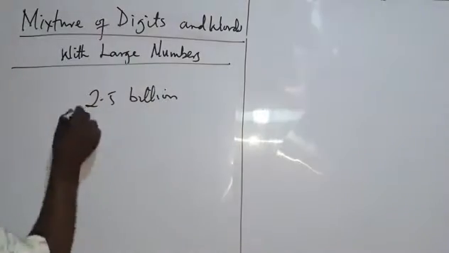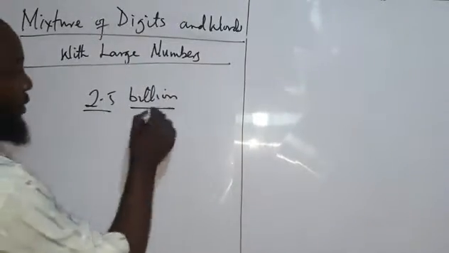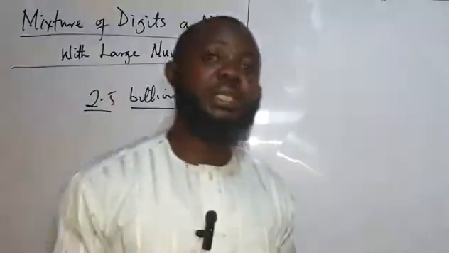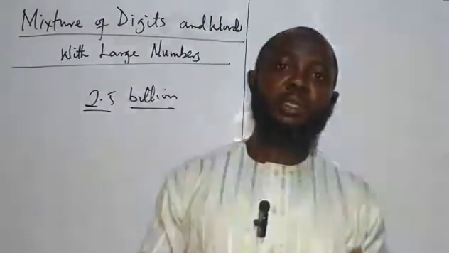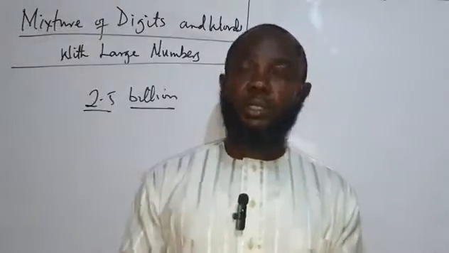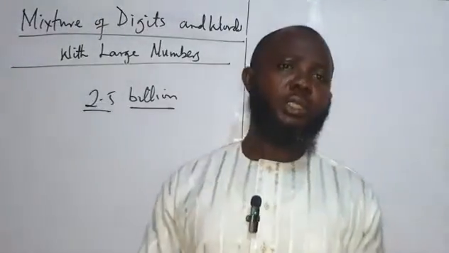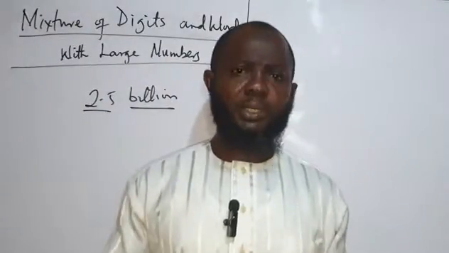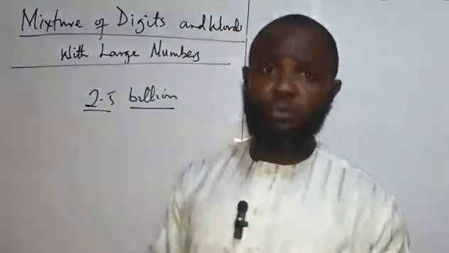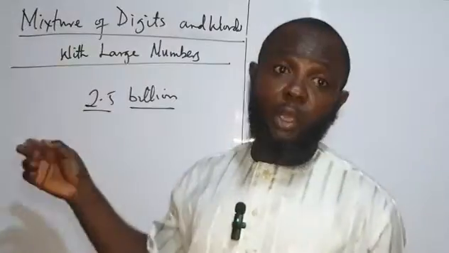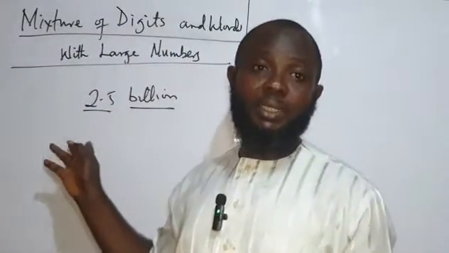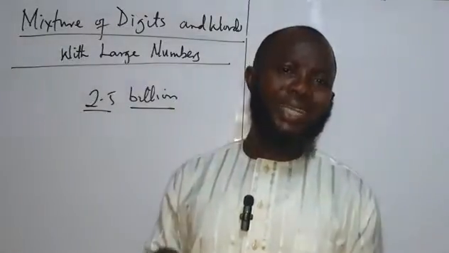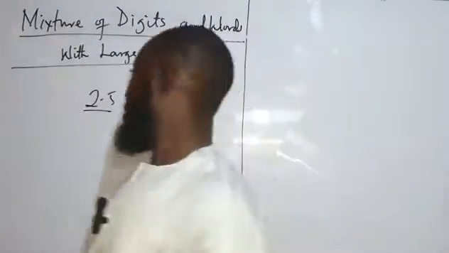You can see that this is a digit and this is a word, right? So a mixture of digits and words is allowed. That is why you notice that some newspaper editors make use of this, because it makes it easier for you to read newspapers. Because if I should write this in words or in digits, you find it somehow difficult to quickly read. For example, if I should write